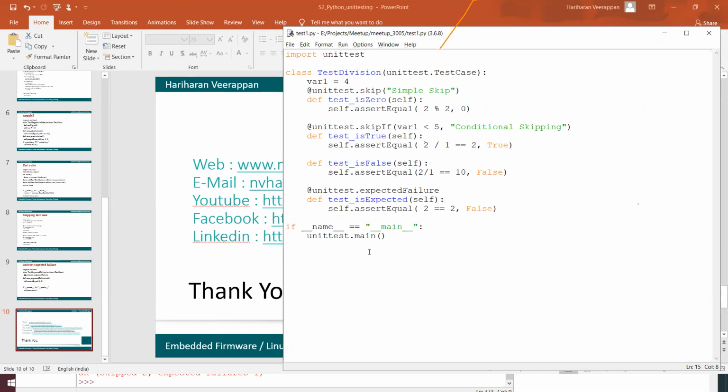Once the test cases are built, all the unit tests can be combined and created like a test suite to validate the integrated unit tests.